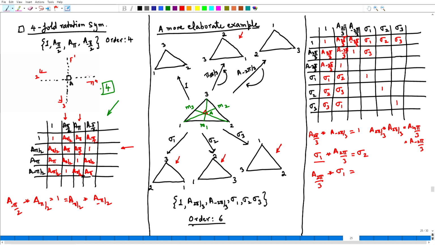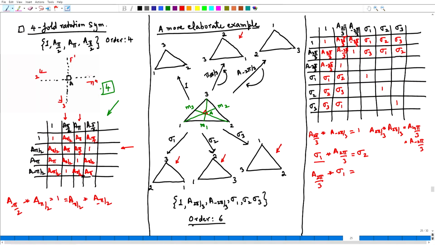Now, others I can quickly fill. You can also perhaps pause the video and think about how to fill the rest of the cells, but this way one can just go ahead and fill the rest. One can realize that whenever two rotations are involved, there will be a rotation operation only, it cannot be anything else. If there are two mirrors involved, there will be a rotation. If there is a mirror and a rotation involved, there will be another mirror. So, with this in mind, we can fill the rest.